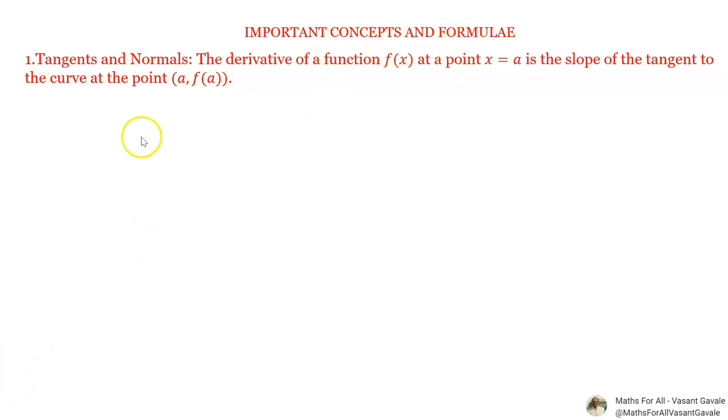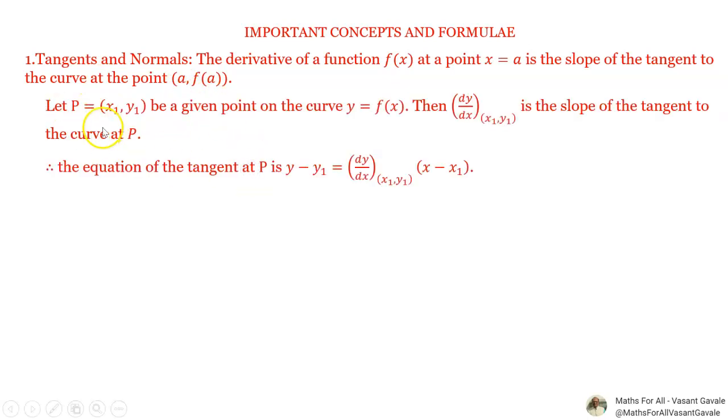Important concept and formulae. Tangents and normals. The derivative of a function f of x at a point x equals a is the slope of the tangent to the curve at the point a comma f of a. Let P (x1, y1) be a given point on the curve y equals f of x. Then dy by dx at the point (x1, y1) is the slope of the tangent to the curve at point